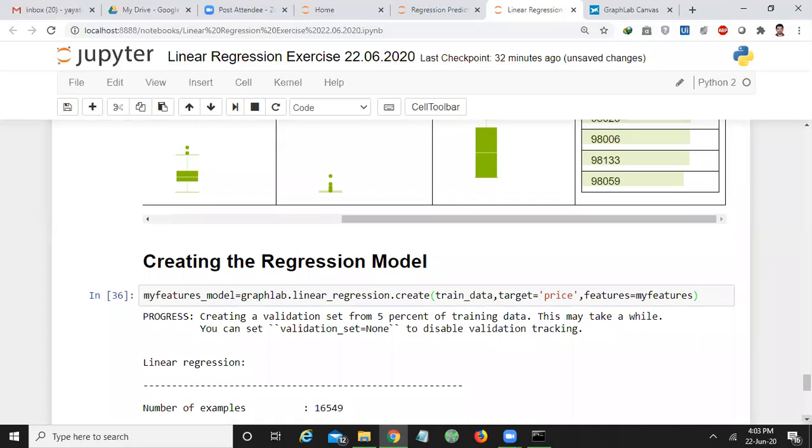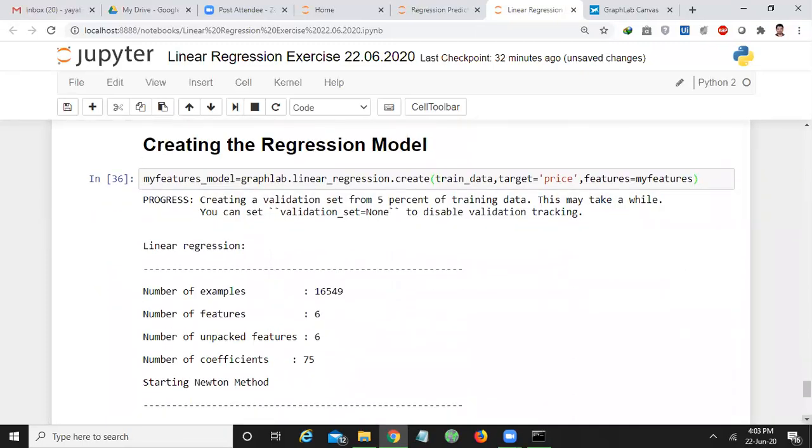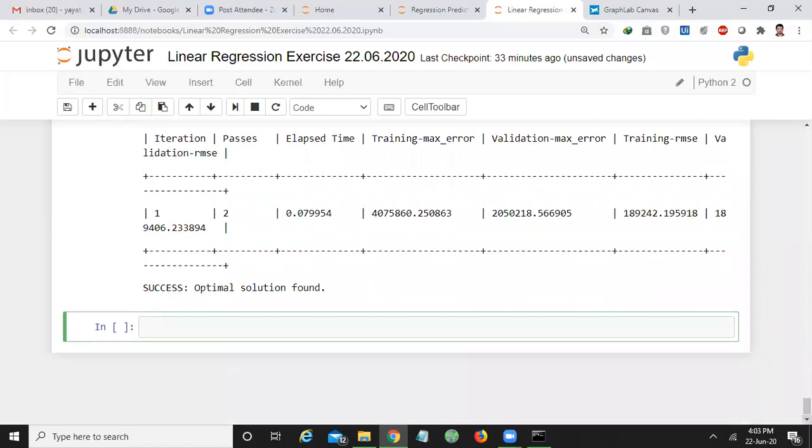So the model is successfully built. The number of features is 6, the number of coefficients is 75, and the optimal solution has been found.